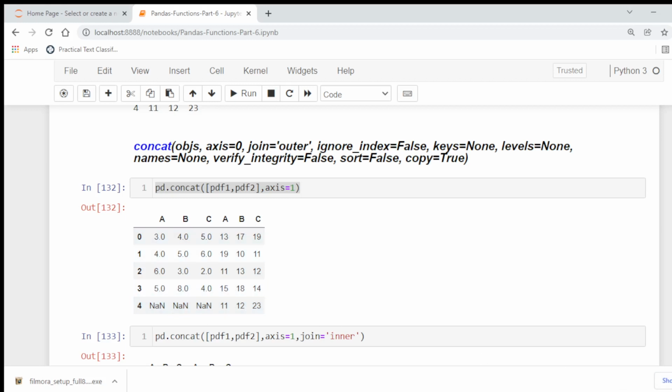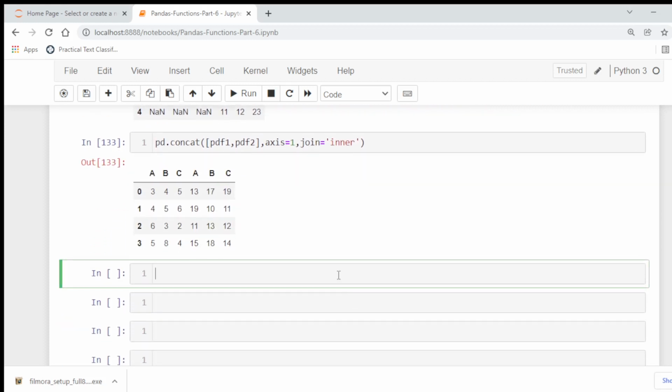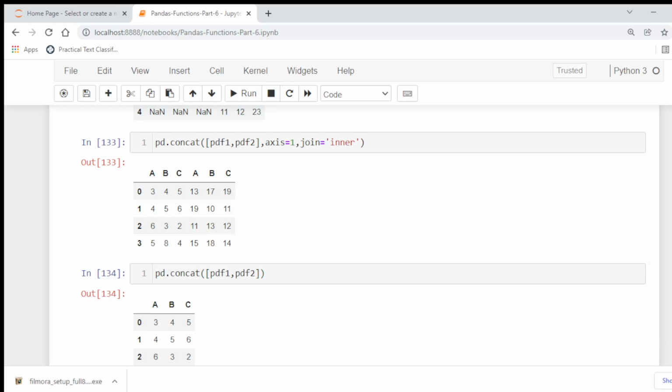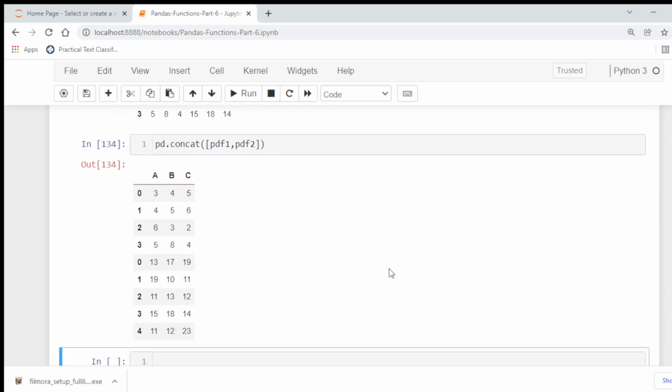The other is ignore_index. If we concatenate the data row wise, every data set preserves its index numbers. For example, the first data set starts from 0 to 3 and the second starts from 0 to 4.